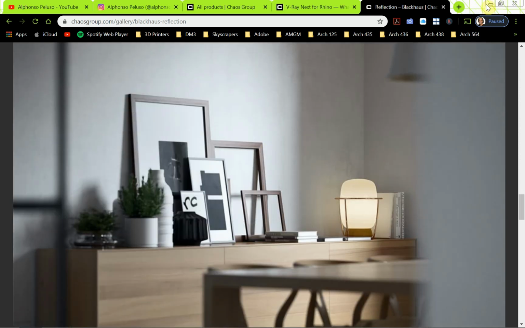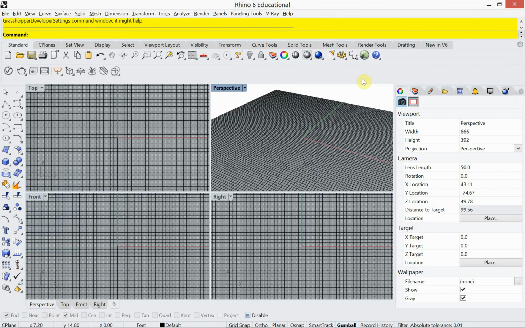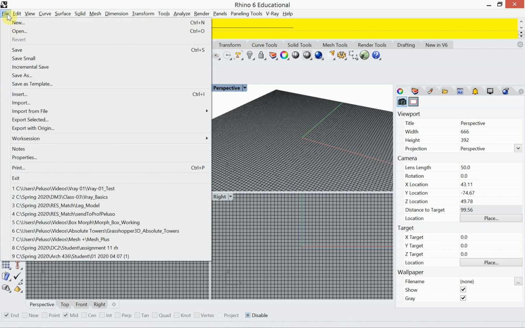All right, let's jump into it. Okay, so here we are, blank file in Rhino. We're going to build some model geometry. We're going to build a wall, a ceiling, a floor, and a couple walls, and let's get into it. So file new,